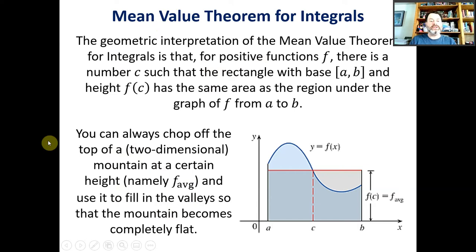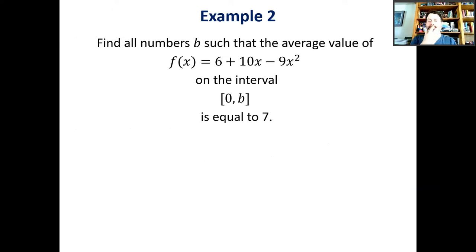All right, so let's do one of these types of problems. Find all numbers b such that the average value of f of x equals 6 plus 10x minus 9x squared on the interval 0 to b is equal to 7. So think about what this is saying, right? Here we have a parabola. It's an upside-down parabola. And the idea is, if you draw the graph of this and start at 0 and move one way or the other,